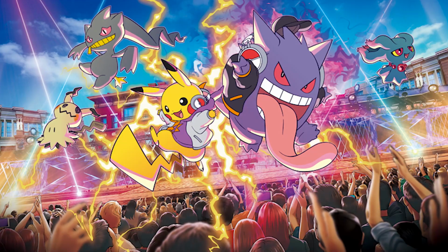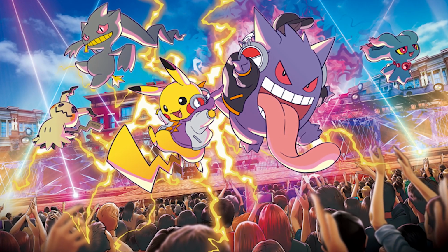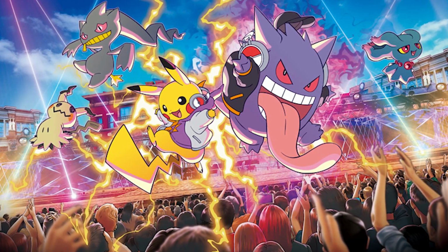Then some actually really fun news. Universal Studios Japan is doing some Halloween events. Universal is kind of known for their Halloween events, but they do a lot of Pokemon stuff in their Super Nintendo land. And this year, they're launching the DJ Pikachu and DJ Gengar event. I don't know what this is gonna look like. I'm super stoked to see some videos of it. I don't think I'm gonna make it out there, but just super excited to see what the event brings, what